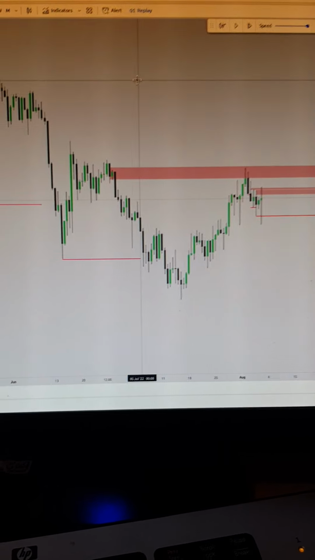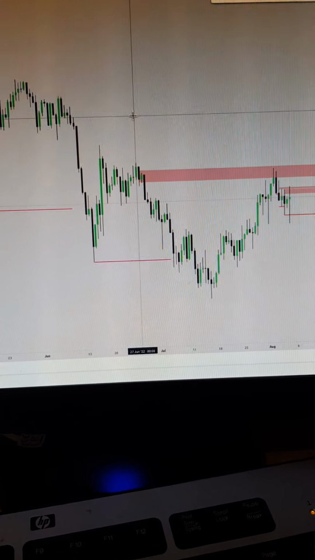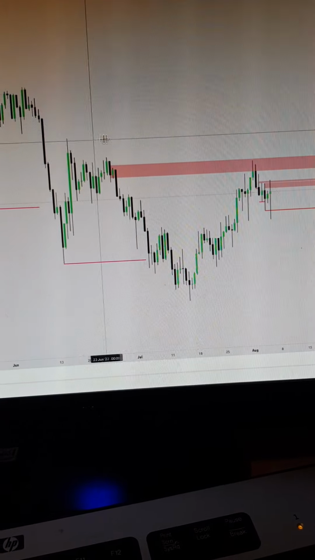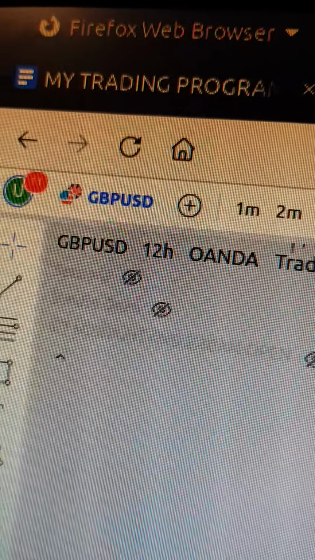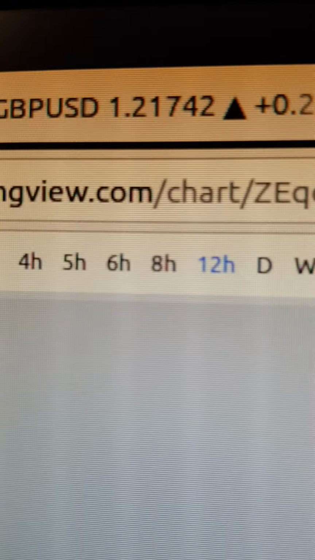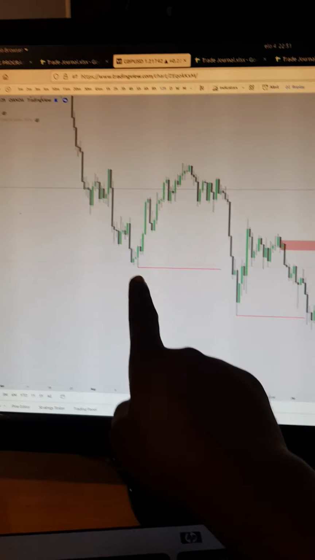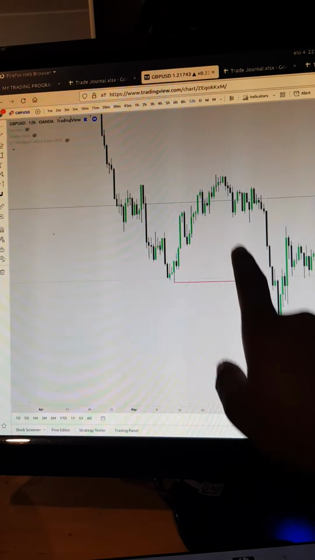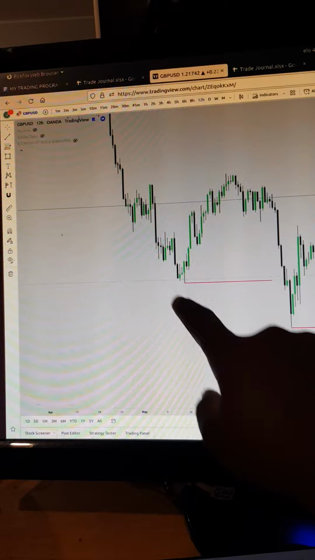Okay, so some of you have requested a video on how I took the trade on GBPUSD. This is the 12-hour time frame. As you can see, price has been breaking these lower lows, the structure broken,